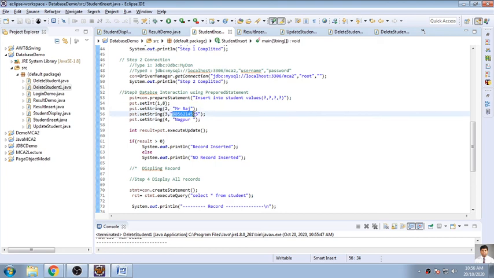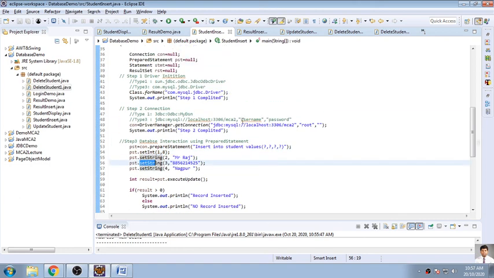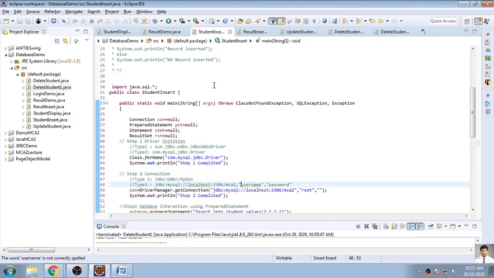that you should accept a value using a BufferedReader and pass this value to setInt and setString. So all the programs that we have done up till now, insert, update and delete, you have to convert into a program where you accept a value from the user through the console. So convert all the programs, and we'll meet tomorrow.